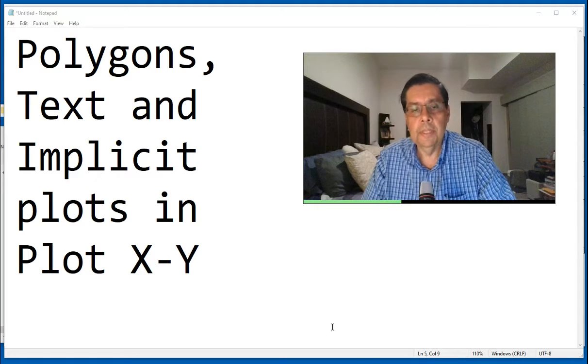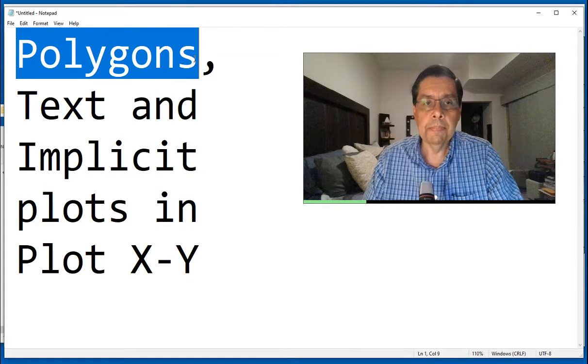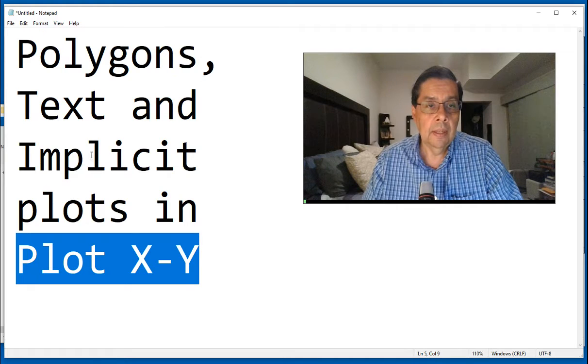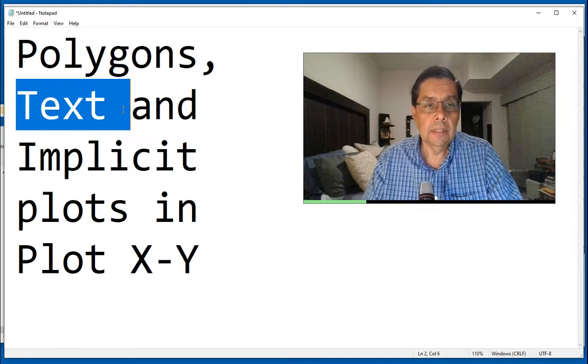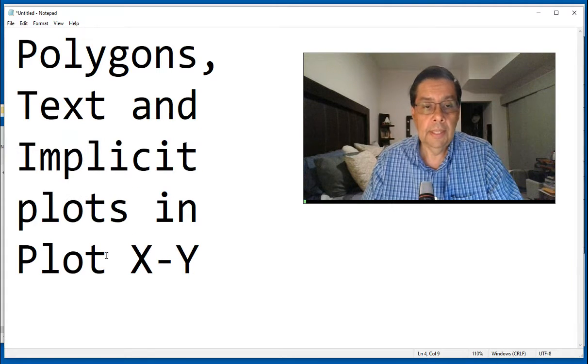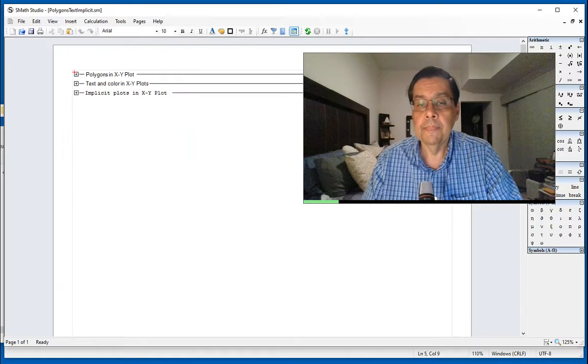In the present video, we're going to show you examples of a function, a program that I wrote to draw some regular polygons in plot XY, as well as the location of text in the plot XYs, and how to produce implicit plots in such a plugin. And so we're going to start by showing you a particular SMAT Studio file